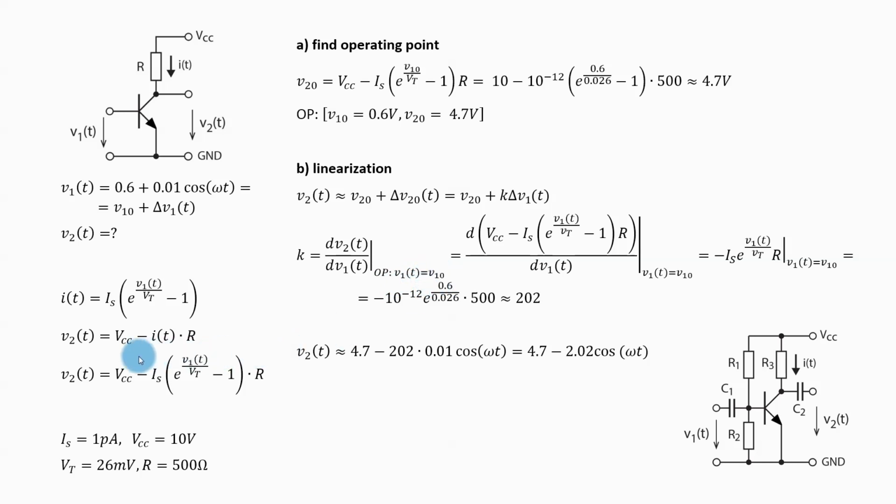So when I take this expression for the output voltage and I compute this derivative, I will get this, which is equal to this, and this I need to evaluate at that operating point. For this V1 I need to substitute V sub 10, and also I need to substitute these values for these constants. When I do that, I will get this, which is approximately equal to 202. So this is the value of k, which I can substitute here,